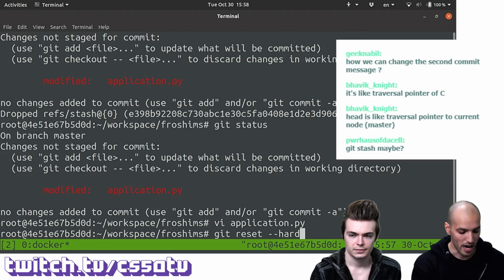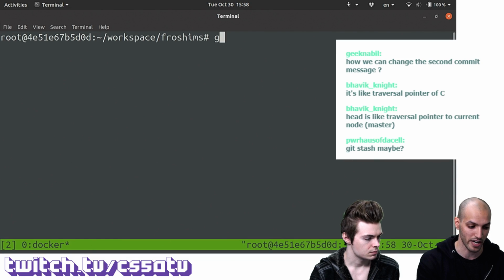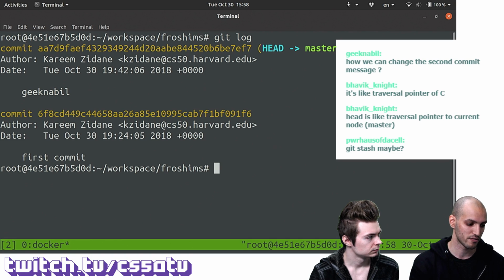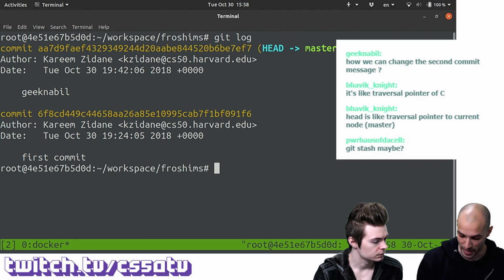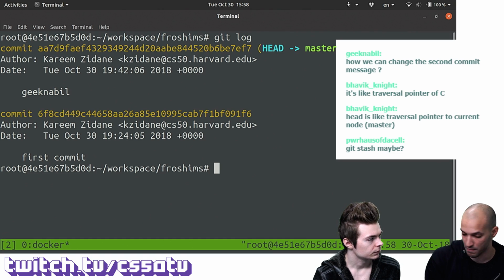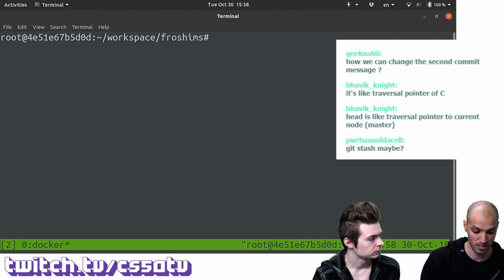So I referred to HEAD earlier, and the reason I did that is that right now, if I do git log, HEAD is actually the same as AA79 whatever, which is the SHA or the hash of the top commit, in this case. And the cool thing about this is that we can actually refer to commits without necessarily hard-coding their SHA or hashes using simple arithmetic with HEAD. So for example, if you want to reset back to the commit that's the parent of the current commit, I could do git reset